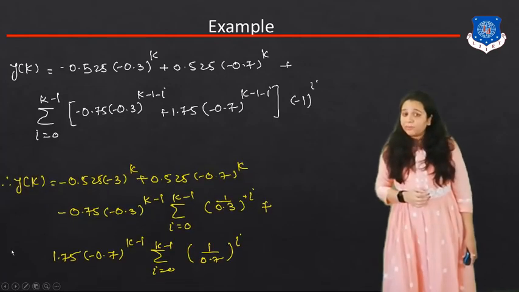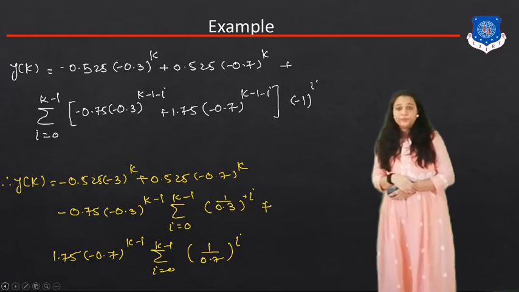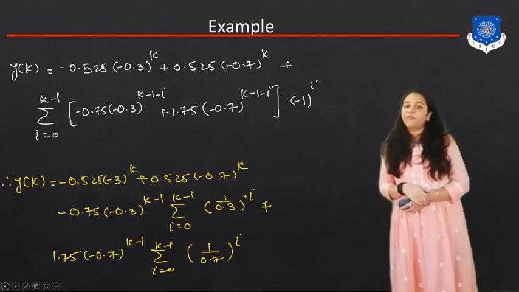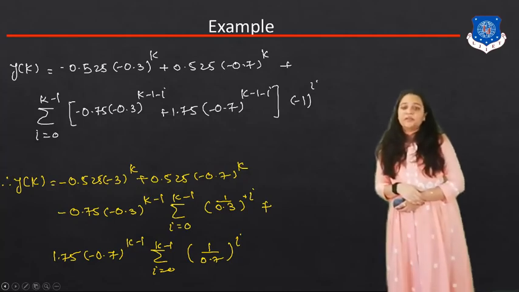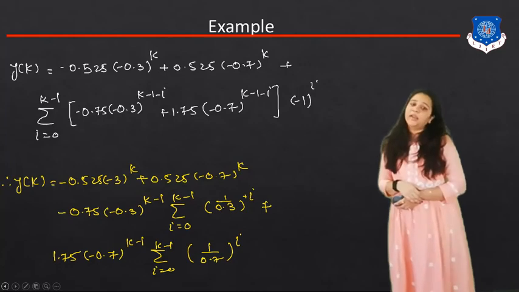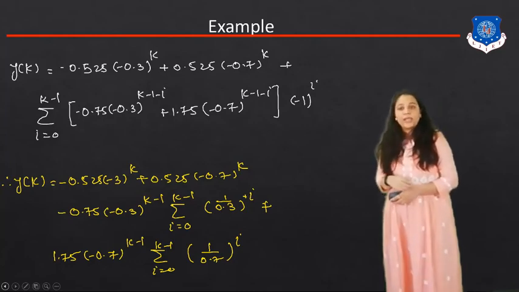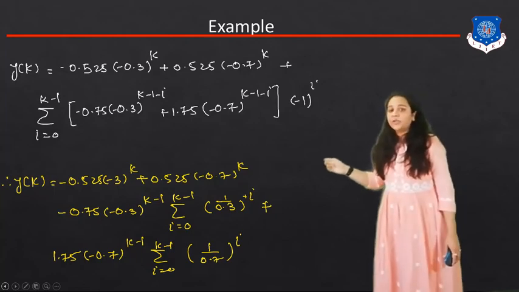We have to simplify this equation. We can get y(k) equal to minus 0.525 (-0.3)^k plus 0.525 in the bracket (-0.7)^k, minus 0.75 as it is (-0.3)^(k-1),